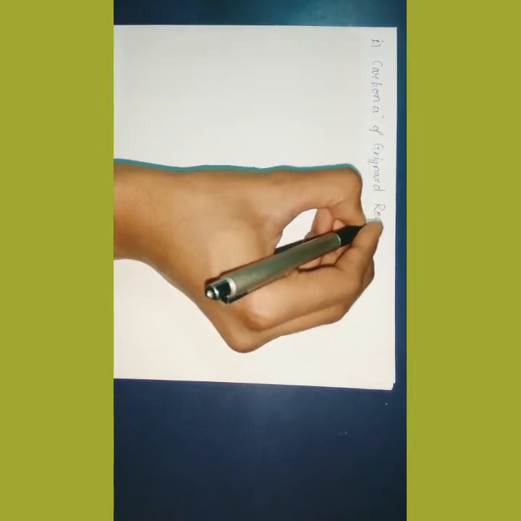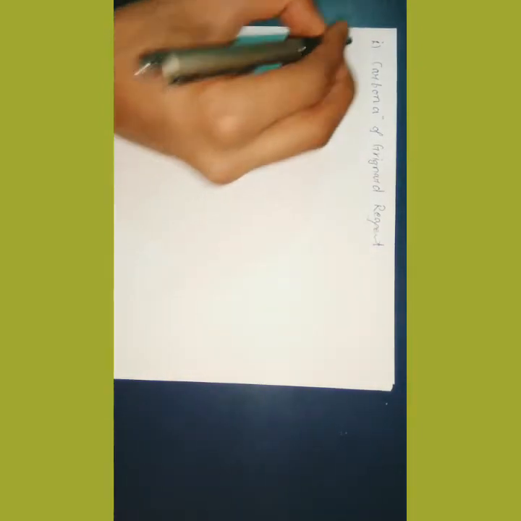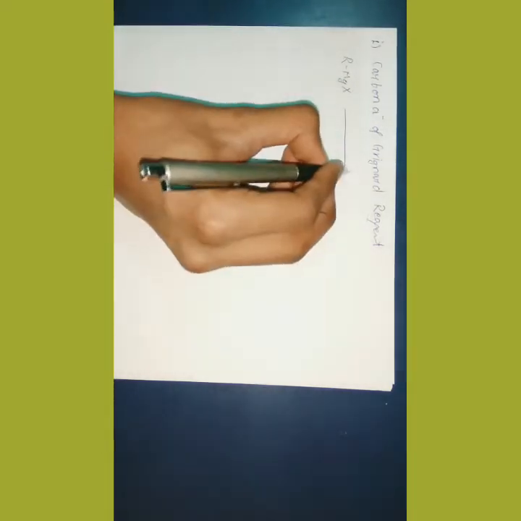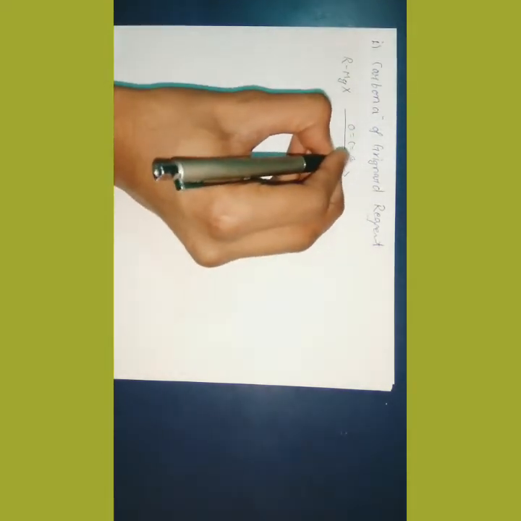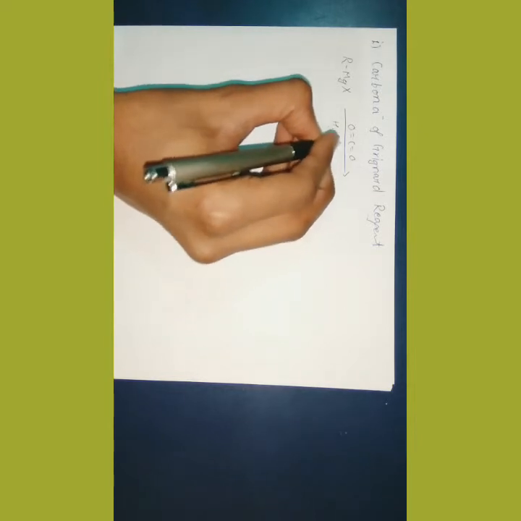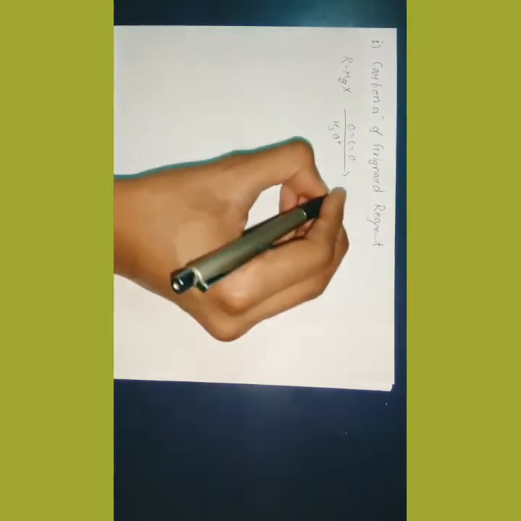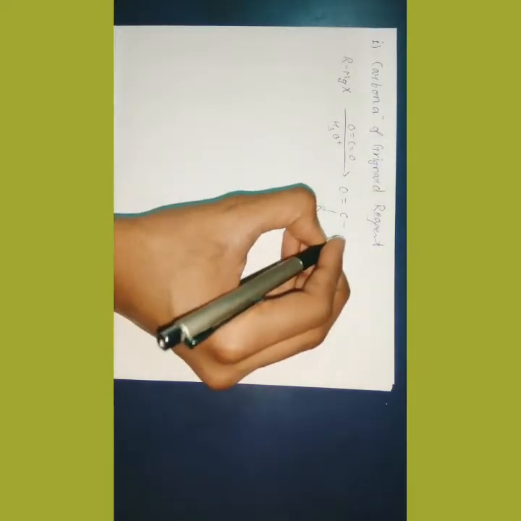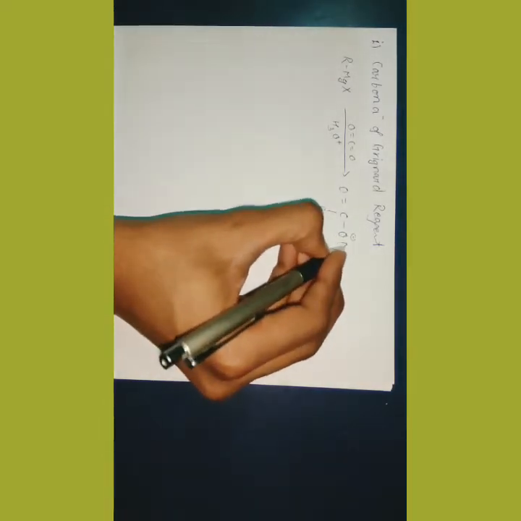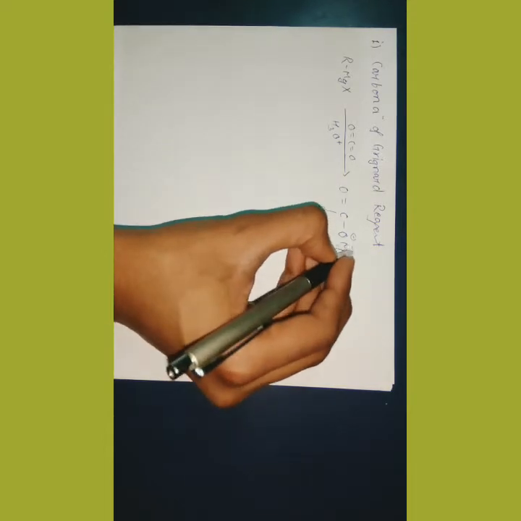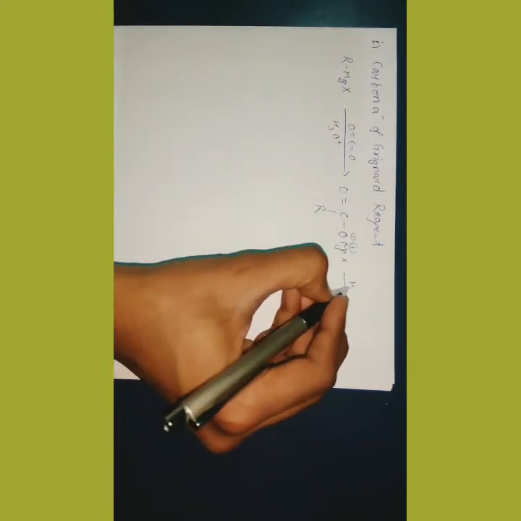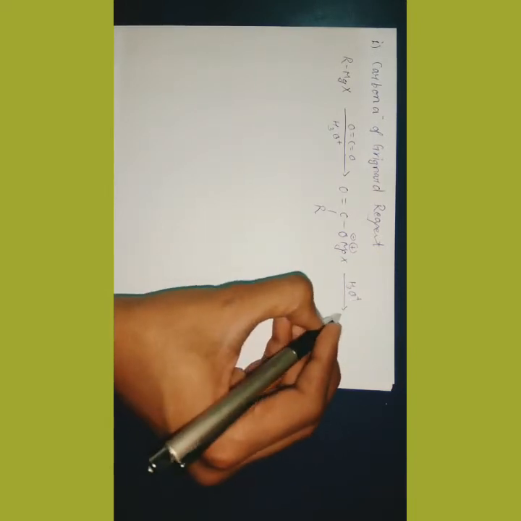Let's take RMgX. On treating with carbon dioxide, according to the delta positive and delta negative nature of the Grignard reagent, it will give something like this. And if we further hydrolyze this compound in acidic medium,